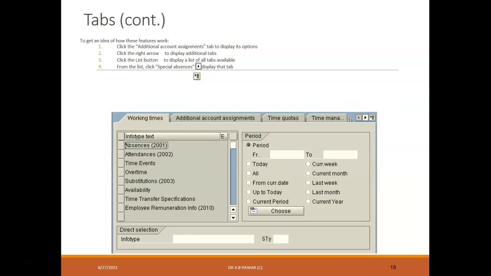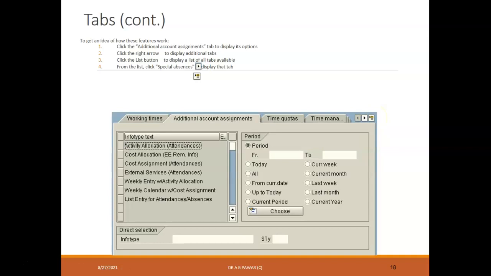It is just one simple step. It shows how the tabs are there and how these increased, or I can say additional tabs are here. You can find it here. The special absences means these tabs are available but they are not able to be visible or accommodated right now on this current screen. But by clicking on this button, by clicking here, you will be able to go to those additional tabs or additional pages here. Fine.